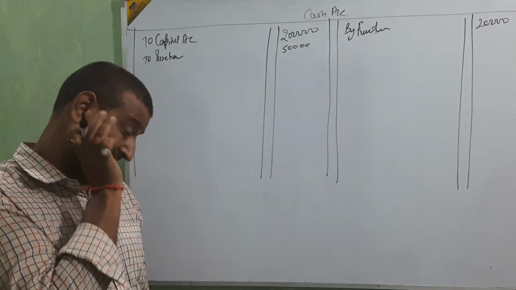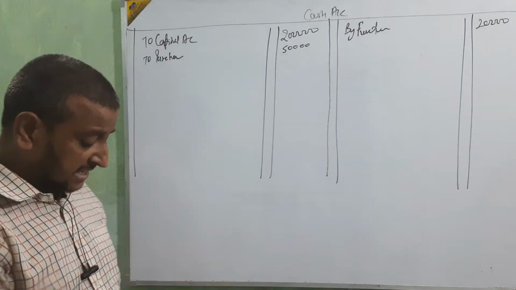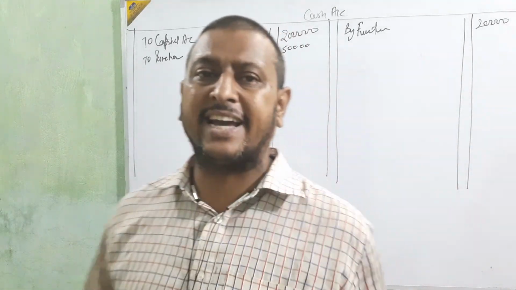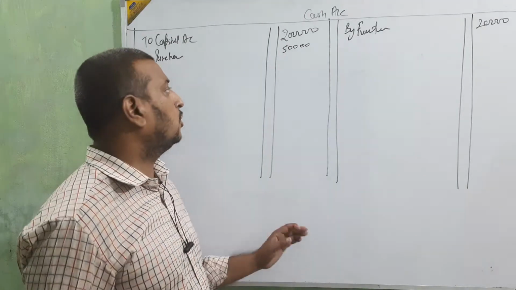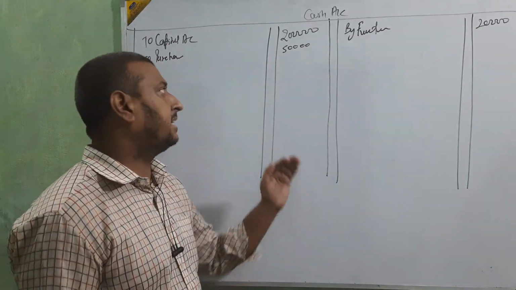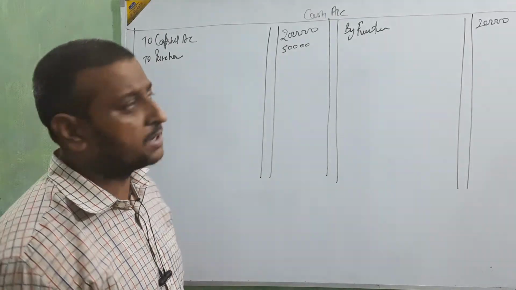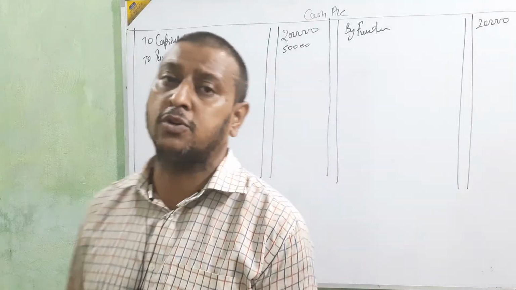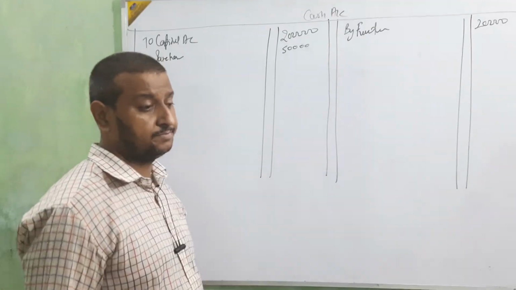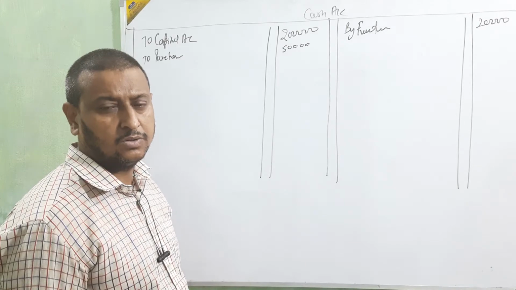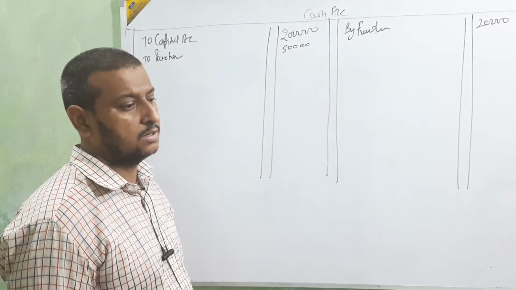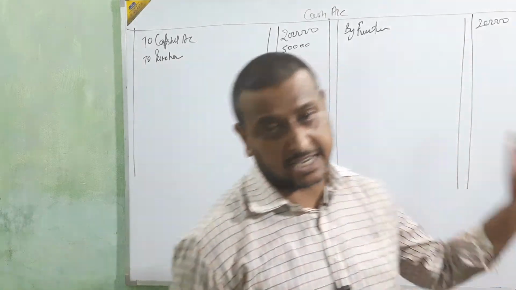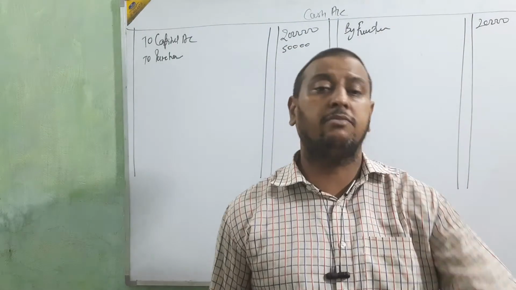Purchase account debit to Vishal Trading Company. Here no cash is there. No cash is coming in the entry, so this entry, Vishal or cash, we are not going to transfer to the cash account because cash is not coming. If cash is not coming, then we are not going to post those entries. Okay. Next. Vishal Trading Company debit to purchase returns account. Again the same, no cash is there, so we are not going to post it in the cash account. If we are making the purchase account, then we are going to enter this.